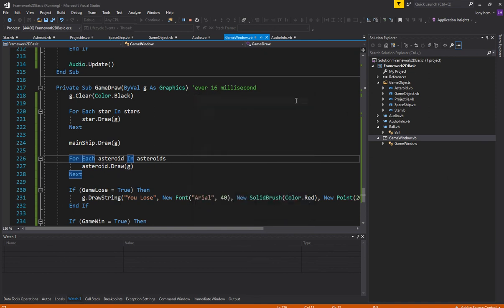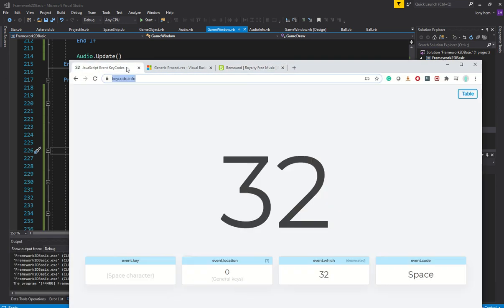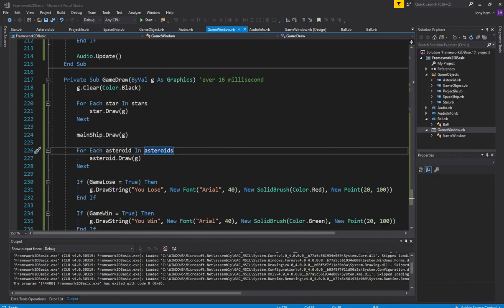Oh, let's have a look at our time. You know, look, we got time. I want a restart button where if I press enter, it restarts. That's kind of what I want. Now, what's the enter button? Let's go back into this. Press enter. 13. So in our game window,